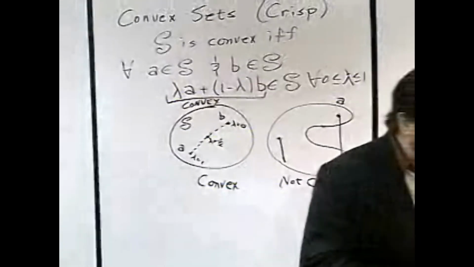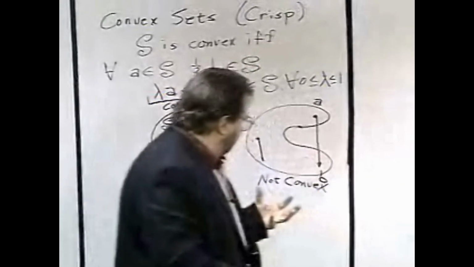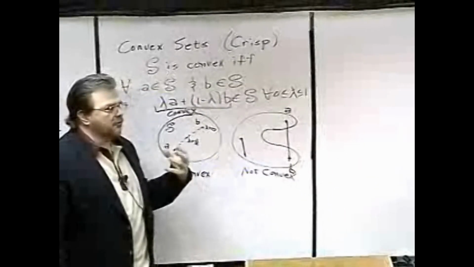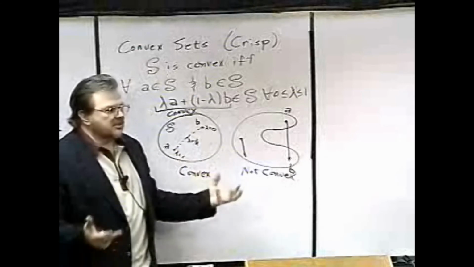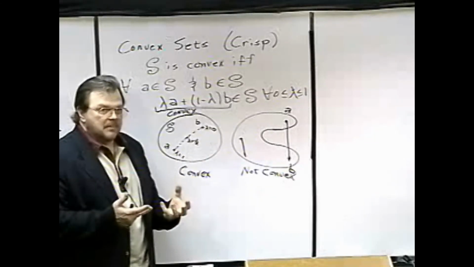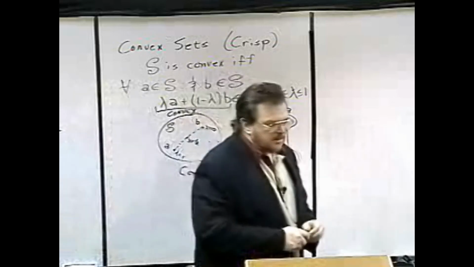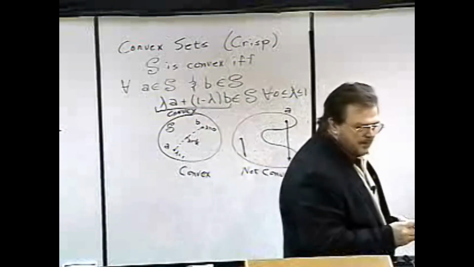Let's then talk about, we're going to apply the concept of fuzzy sets to convex sets in 2 ways. First of all, we're going to look at 2 fuzzy sets, and we're going to do a fuzzy combination of them. Then after that, we will look at a fuzzy convex set. Both concepts, again, originally introduced by Zadeh. A fuzzy convex combination